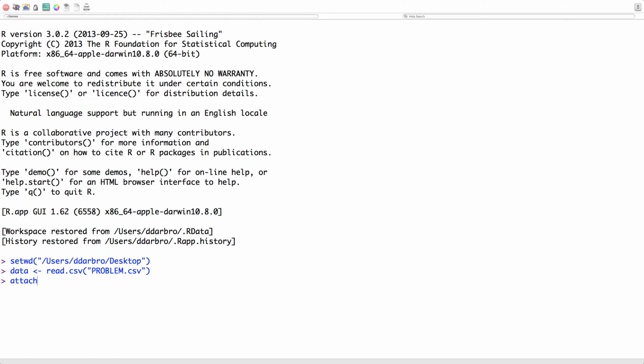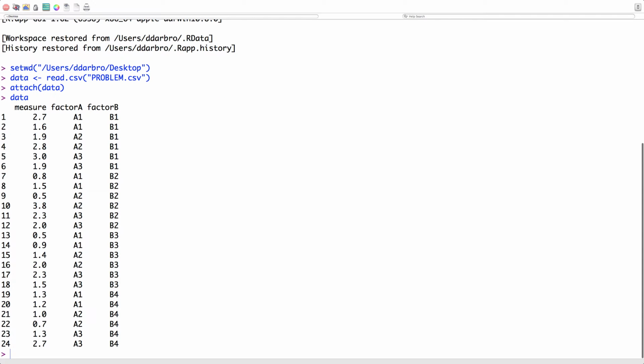I want to attach my data. And I don't care how long you've been doing this, you're going to want to see your data. Just make sure it's there. Now, the first thing we'd want to do, more than likely, since we've got our factor